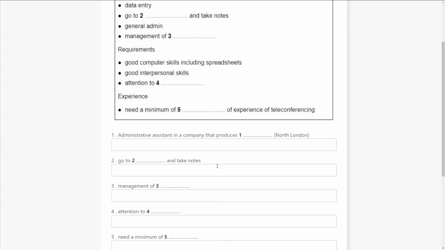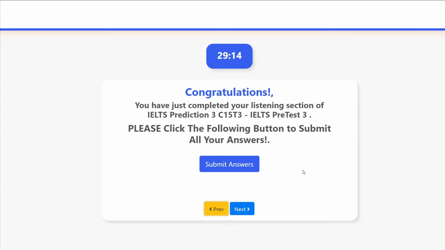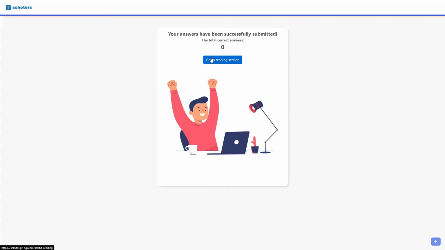You should also note that our system can detect multiple answers simultaneously. Let's say if you answered with "answer" or maybe "answers", then your answer is still correct because we can detect multiple possible answers from various perspectives. Then if you have answered and checked every question, click Submit Answers to transition to the next section,